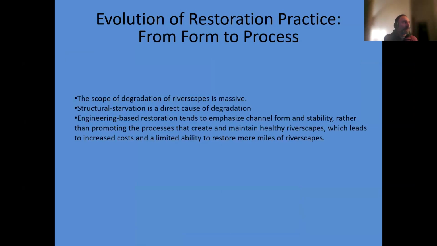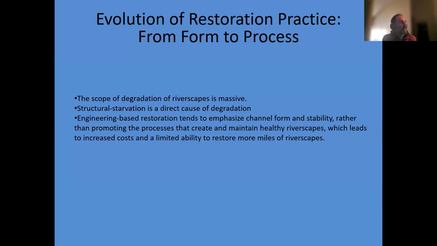With our new understanding, again, there's been this transition. Well, not slow, I guess, and it's still happening. And it's probably going to continue to happen. But there's this transition of the idea of what it means to restore a river. And again, a few facts underlie or propel us in this new direction.